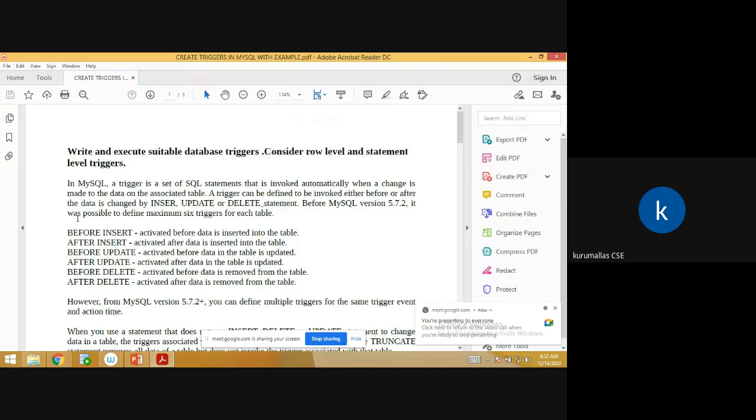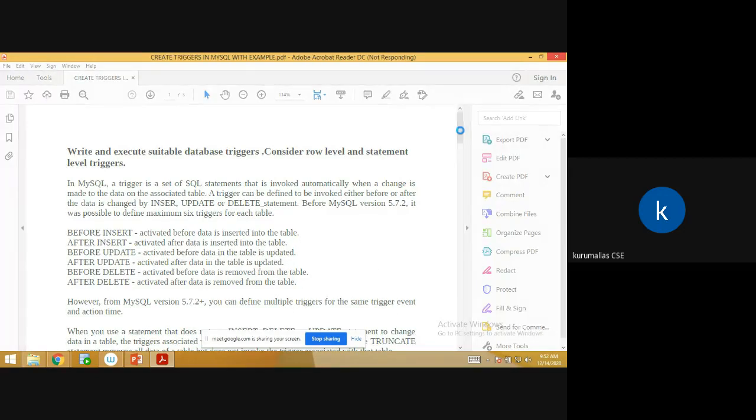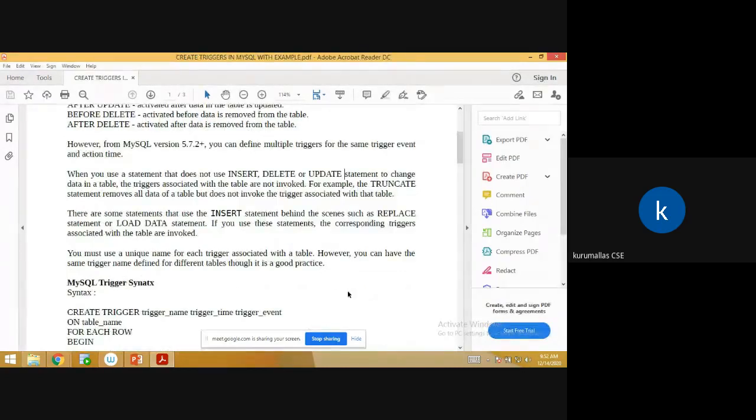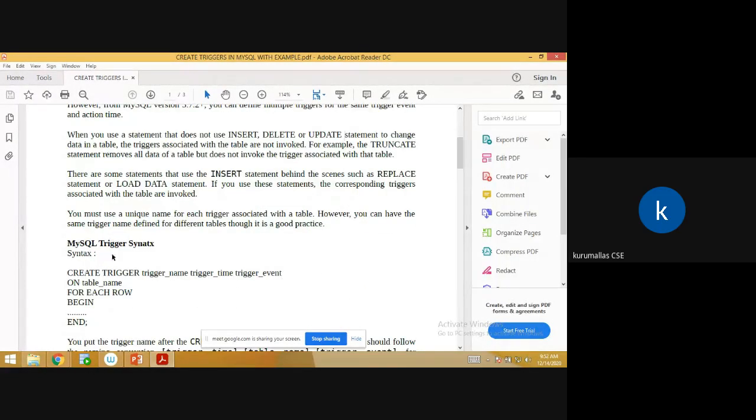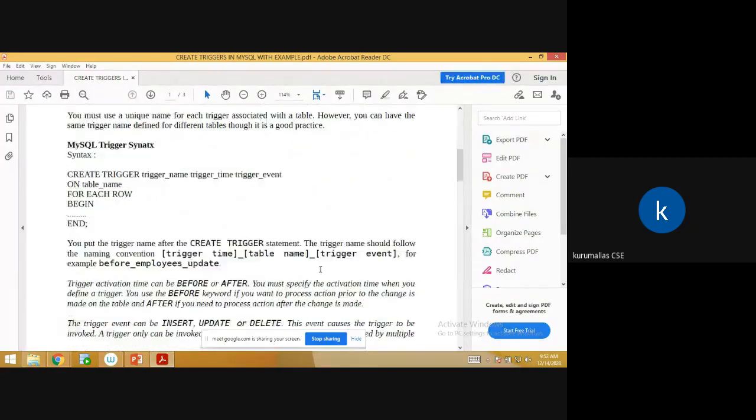How to execute? Before insert, after insert, before update, after update, before delete, after delete. This is about our exercise. If you understand, we can execute this one. Otherwise, we can execute whatever I have explained now. This is the syntax about triggers.